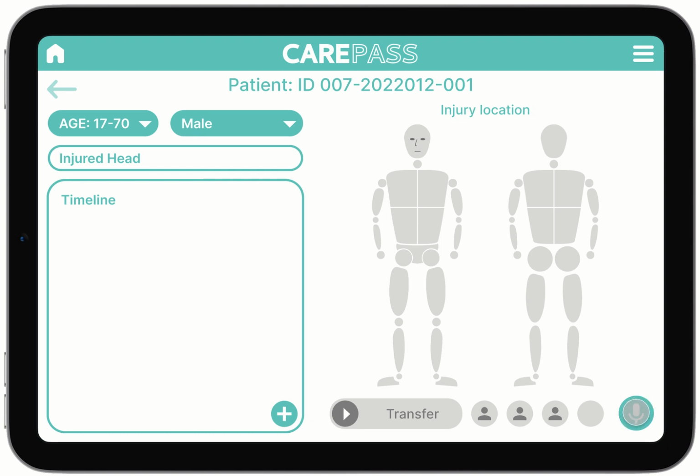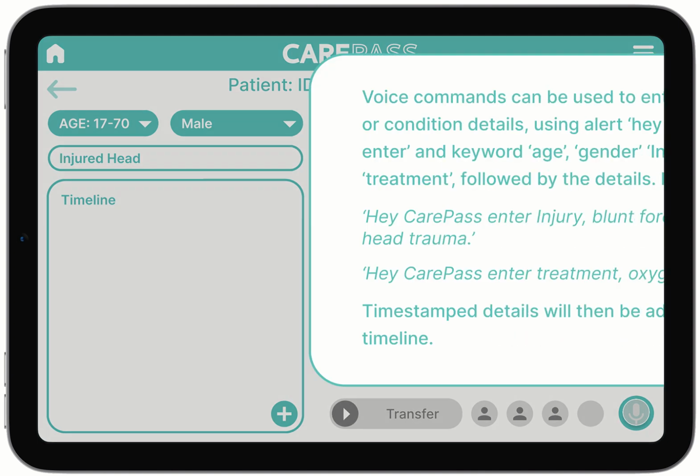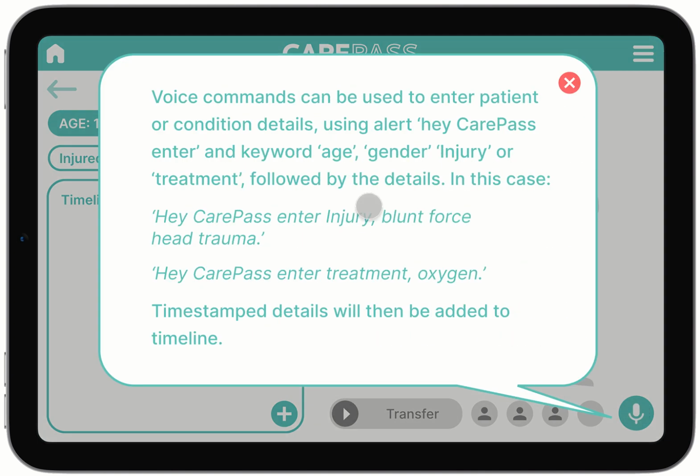but the key use case for this would be through voice activation, whether that's like a hey CarePass, like a hey Google type prompt to cue the user into using it, or some other system where there's a click button that then accepts the voice input. Obviously Figma doesn't have voice input, so I simulated that with just a little button down the bottom, and here it's following through that